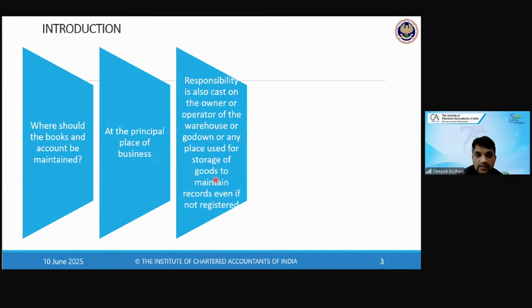So the responsibility is also cast on the owner or the operator, a person or owner of a warehouse or a godown. Now somebody is transporting goods and it is illegal goods. Now he has transported the goods, and when the officer is asking for penalty, the supplier is not coming up, saying that no, I don't want to pay the penalty. Now the transporter will say that the supplier is not coming in. What do I do? There you will have to say that